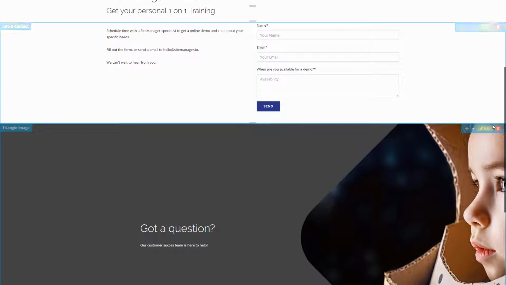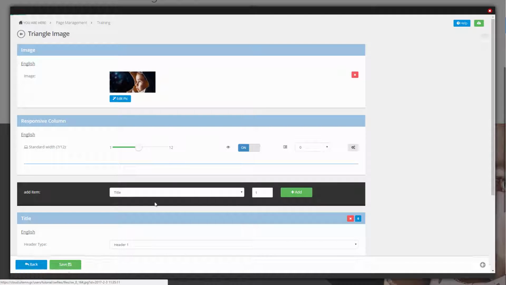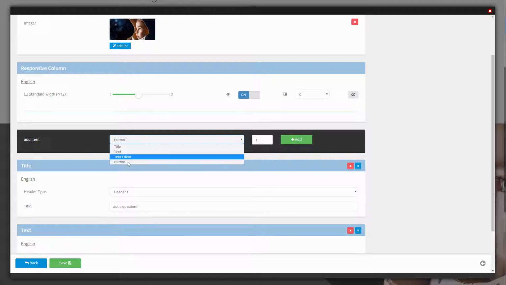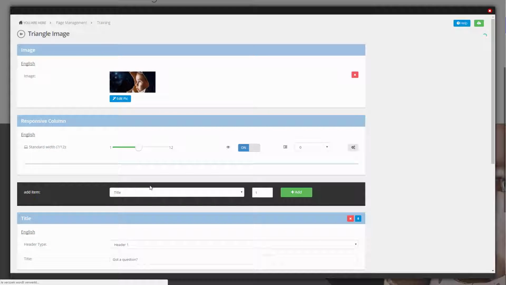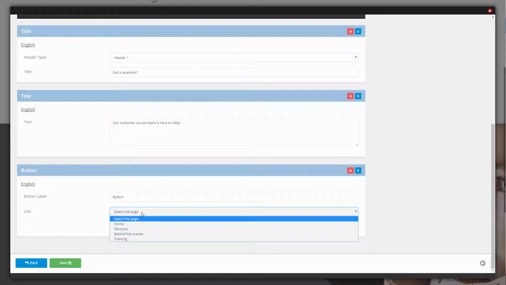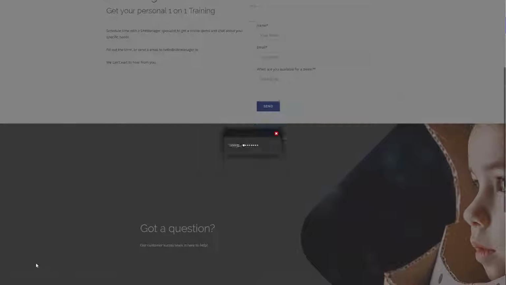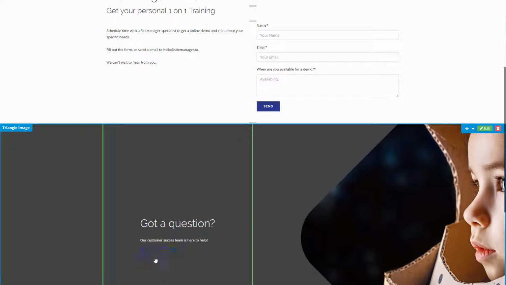Click edit, and now we're going to add a button. See, this was not available previously, so now that we created that, we can add our button, and we are gonna make it go to our ticketing page, and obviously we're going to change the button label to new ticket. This can go to a new window. Click save, and now you see that this is